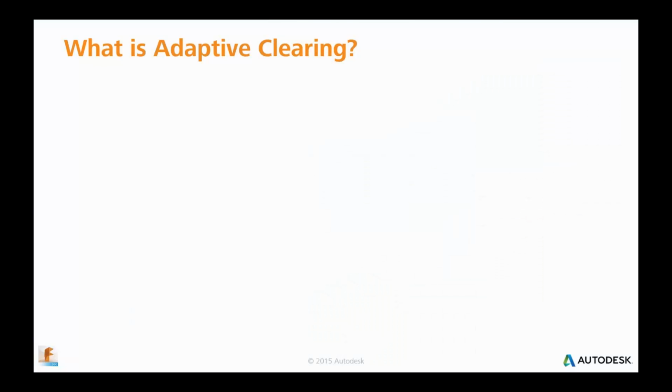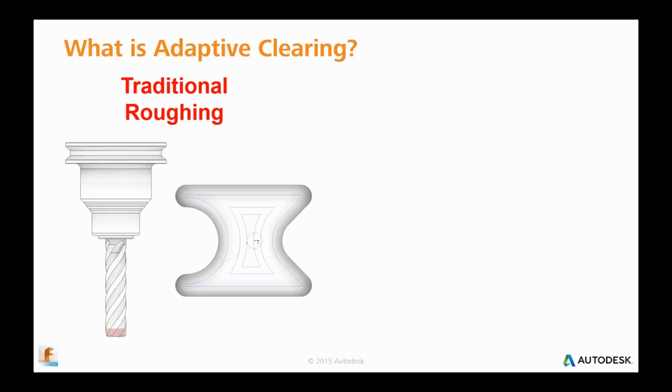So talking about adaptive clearing, it is a technology that's available inside of Fusion 360. It's a roughing strategy that's different to the traditional roughing strategy. So here you see traditional roughing strategies where we've got a machine tool and we're just using effectively the tip of that tool to mill away material from our part. Typically that's done to try and reduce tool breakage, but it's at the consequence of tool wear and time to